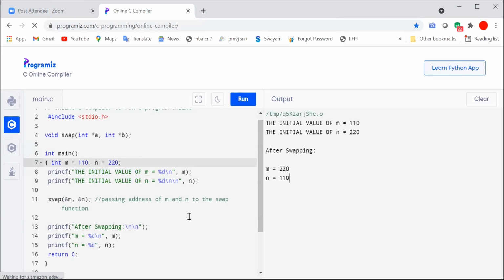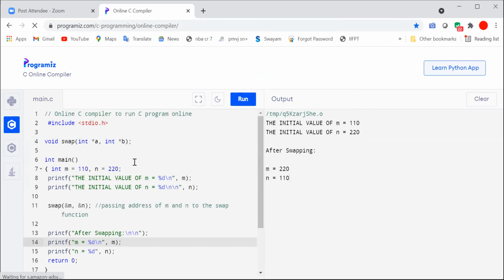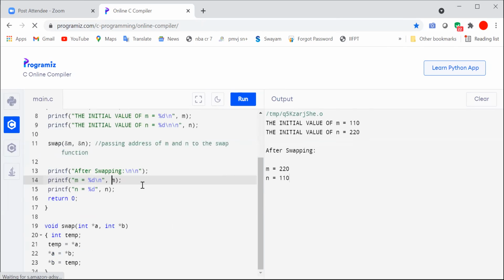The same way, because we are using pointers, instead of M and N, here we can make use of the pointers also, or here also we can display the results.